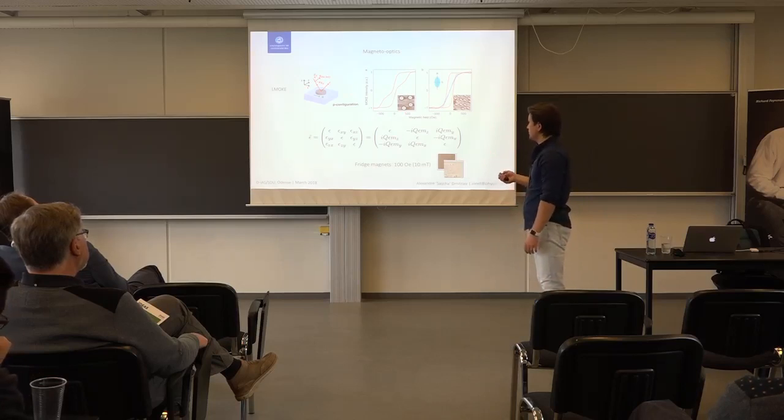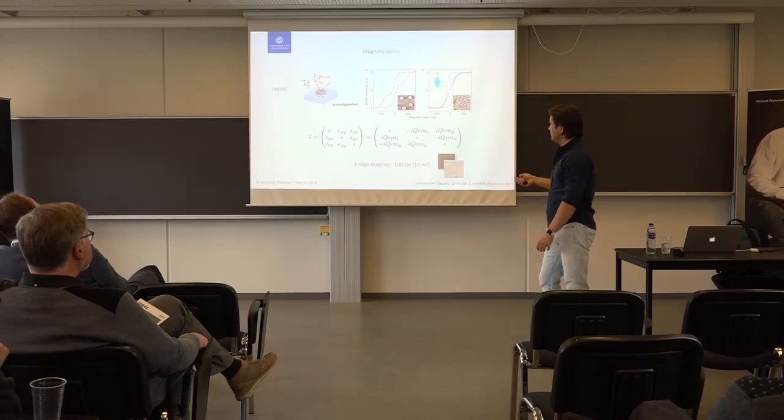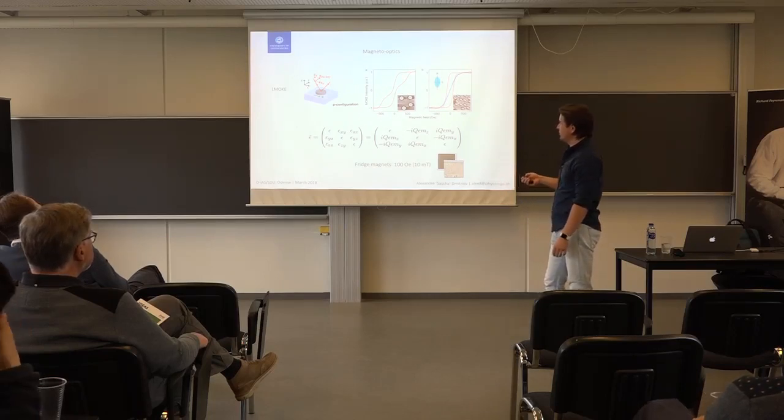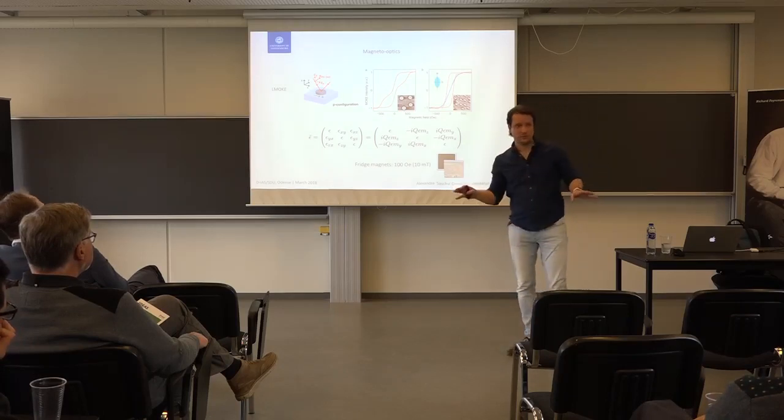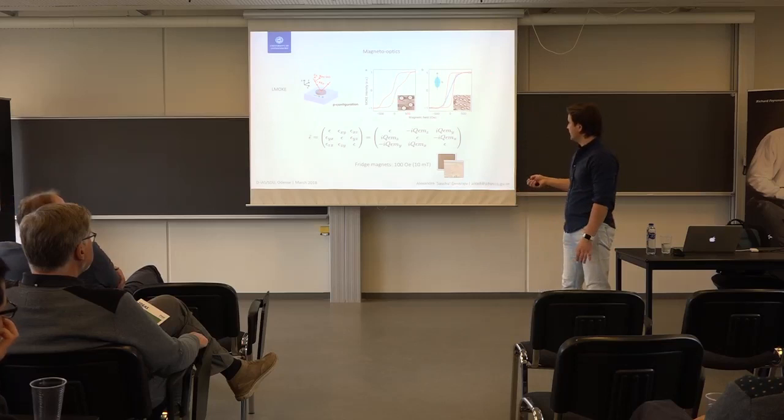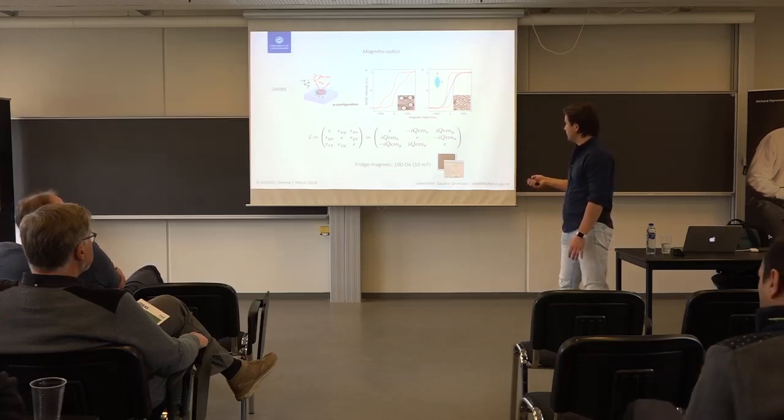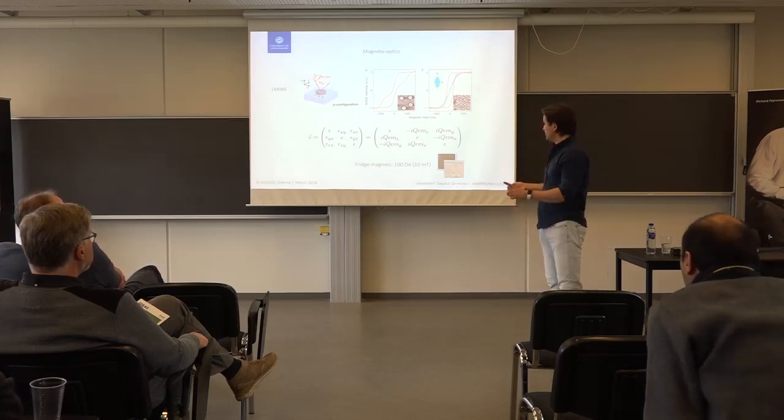In principle, you could also just normalize it to the saturation values. What is important is how the loop looks and where it saturates. So you see that you start magnetizing your material, it goes up, and at a certain point it will stay magnetized no matter how strong a field you apply. And this is the field that you're applying, 500 Oersted, and I promised the fridge magnets.